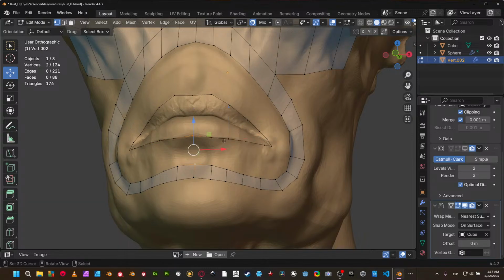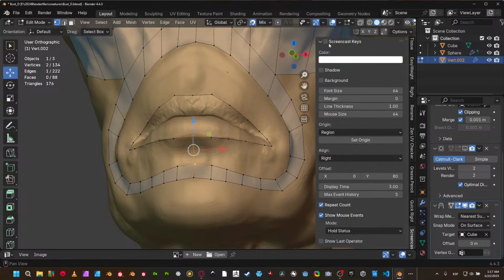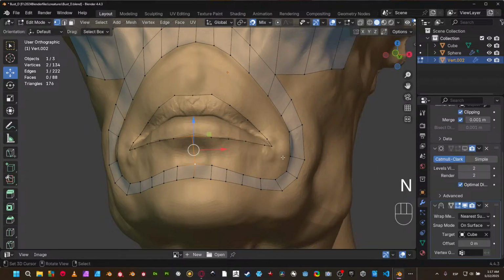So we're going to match this one in here. Let's press F. Oh my god, I always forget the screencast keys in here. Let's add these ones. These two, F, and then put your cursor next to it, because the mirror is activated to this side. So let's put the cursor in here and then F, F, F, F,